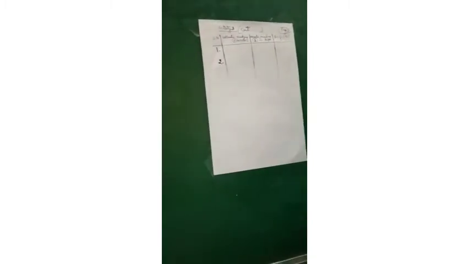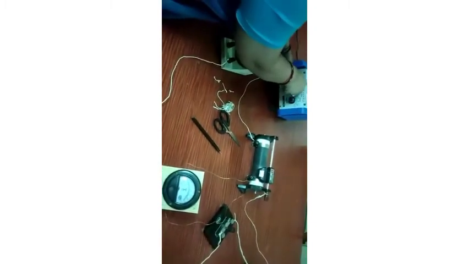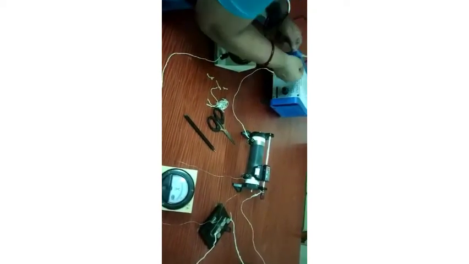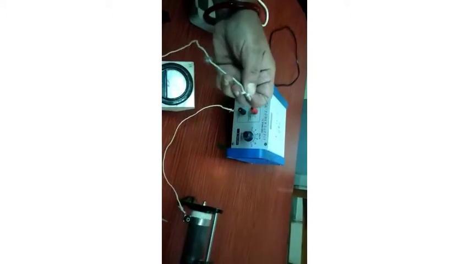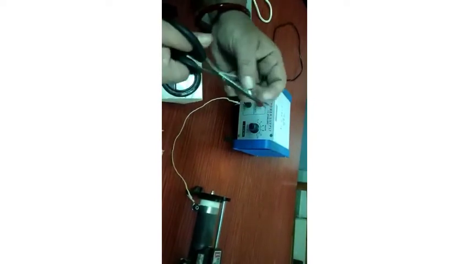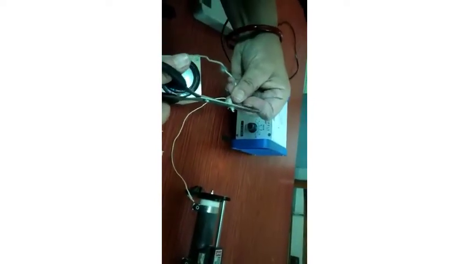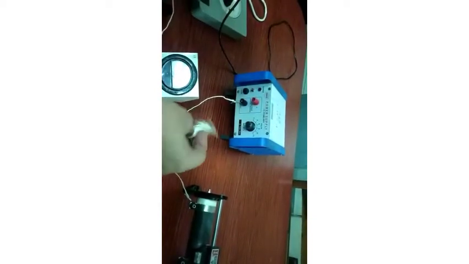How to take the reading? Come here and let me tell you. Before that, I would like to explain one thing: whenever you make the connection, please see that some extra cloth or thread is coming here. You have to cut those threads so that they do not come in between the connection and interrupt it, because we are working in 2 volts only. Here you can see that I have cut all the extra threads.